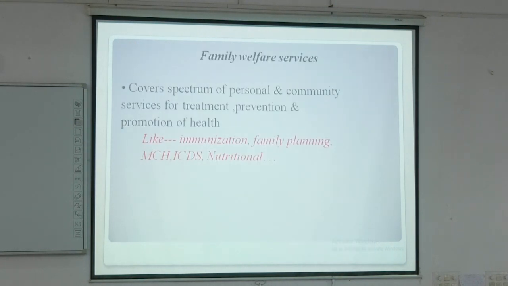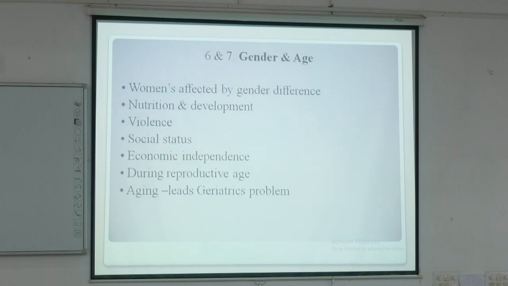Family welfare services cover a spectrum of personal and community services for treatment, prevention and promotion of health, like immunization, family planning, MCH, ICDS, nutritional services. এই যে MCH, ICDS এগুলো যে বলছি আমি, এগুলো সব কটা তোমাদেরকে আলাদা আলাদা করে পড়ানো হবে। ম্যাটারনাল চাইল্ড হেলথ কেয়ার, ICDS স্কিম কি, সমস্ত পড়ানো হবে তোমাদেরকে। আপাতত এইগুলো যদি থাকা হয় তাহলে ফ্যামিলি ওয়েলফেয়ারের জন্য ইন্ডিয়াতে এগুলো অলরেডি এক্সিস্ট। জেন্ডার অ্যান্ড এজ, ওমেন্স এফেক্টেড বাই জেন্ডার ডিফারেন্স ইন আওয়ার কান্ট্রি ভেরি মাচ সো। জানি আমরা কি হয়,